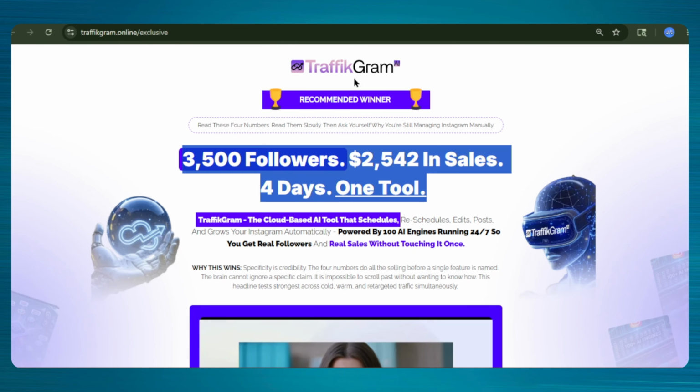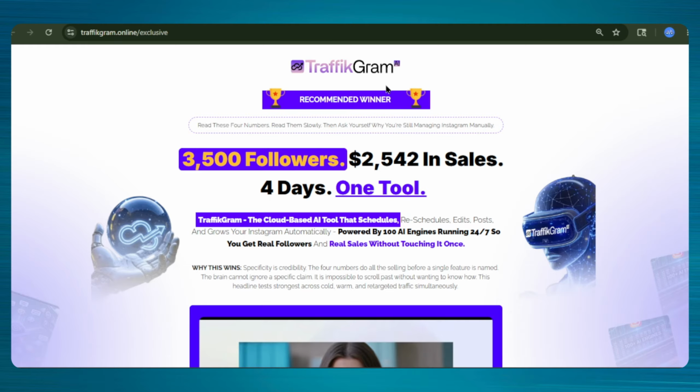So today I'm going to be reviewing a tool called Traffik AI. I'm going to break down exactly what it is, what it does, and whether it's actually worth your money or